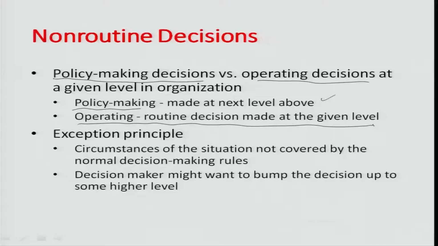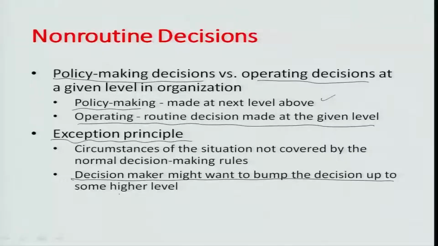Then there are certain exceptions which happen when decisions are needed, maybe circumstances or situations which did not arise before, and cannot be covered by the normal decision making rules. For example, let us say today there is a factory strike because of certain demands of the operators involved in a certain work system. And immediately the goal is how to solve the problem by looking into the root cause, and there have to be multiple levels involved, you can't just do it.